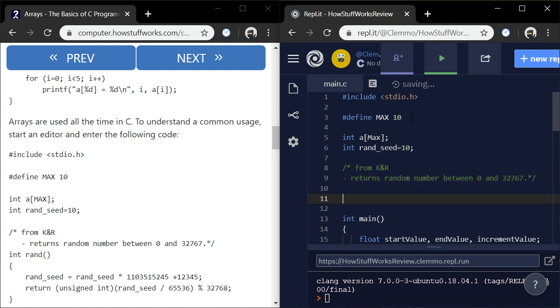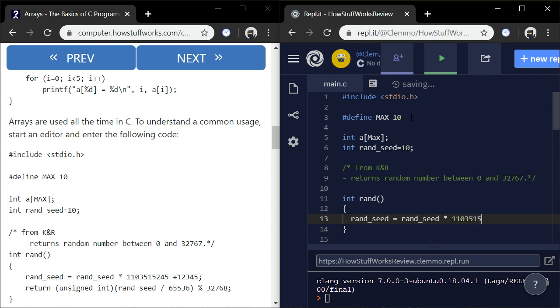Okay, and then there's this function before main, the rand function. ranseed is equal to ranseed times a weird number, 1103515245, plus 12345.